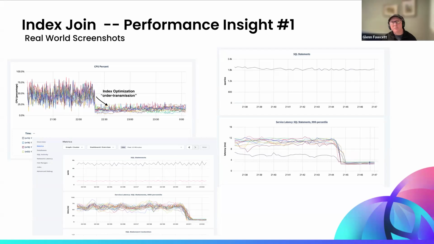Essentially, each node will cache the values that are looked up. Within Cockroach, we do that automatically, so you really don't have to worry about it too much.